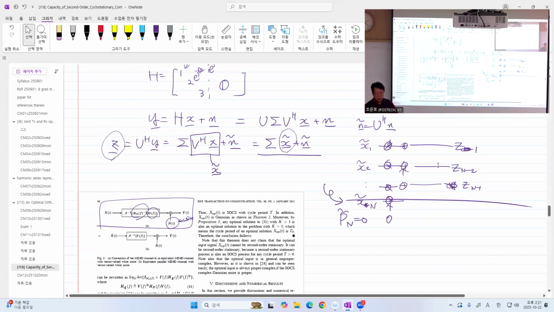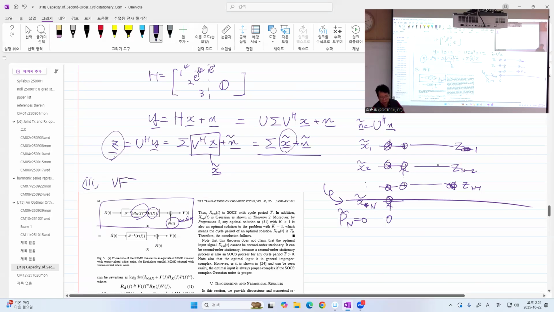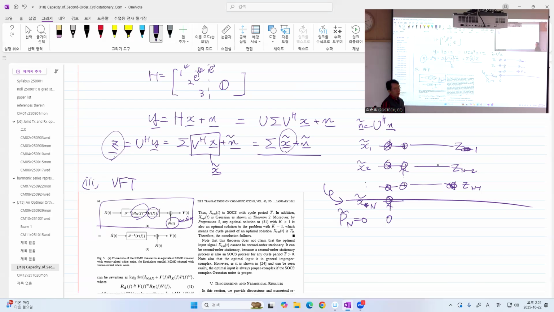And finally, as you learned in this course, you need the vectorized Fourier transformation. In particular, you choose the length of the Nyquist zone the same as the inverse of the cycle period of your interference. In that case, what do you have? Your additive noise becomes a wide-sense stationary